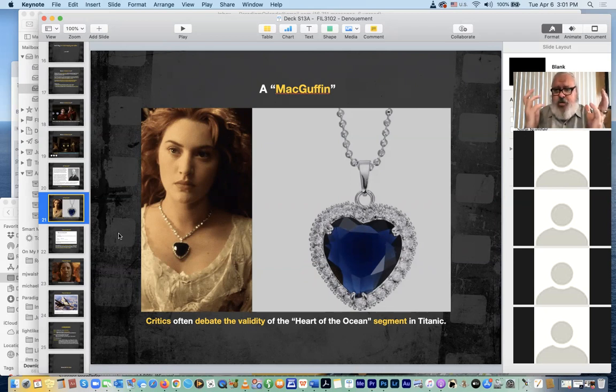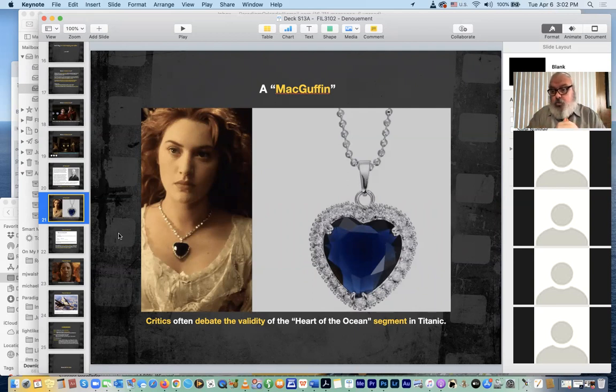In other words, everybody wants it at some point in the movie. They're all looking for it. It's missing. It's very valuable. Who had it? Jack stole it. No, I didn't. Then they lock him up, and that doesn't seem to resolve anything. And in the process, they still have to get off the boat. The boat is still sinking, and it's kind of a story point that gets lost.